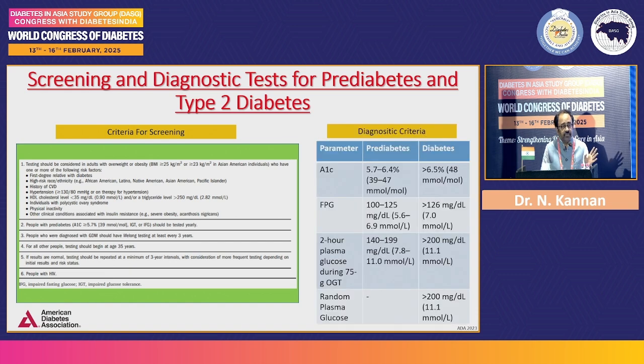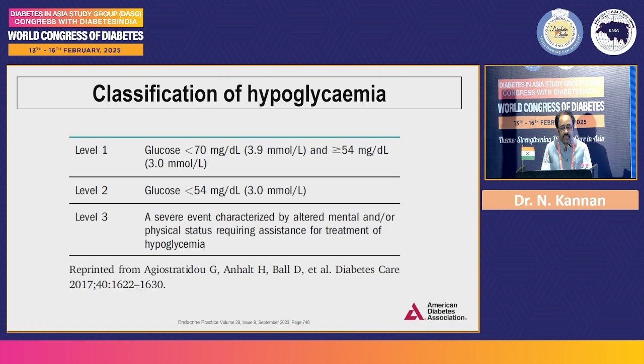So these are the diagnostic criteria. Any patient having HbA1c of 5.7 to 6.4 has pre-diabetes, and 6.5 or more is diabetes. Fasting sugar between 100 to 125 is pre-diabetes, we all know that. Postprandial of 140 to 199 is pre-diabetes and more than 200 is diabetes. That's very simple. We want to emphasize this to primary care consultants in the rural and village setup also, so that we educate them properly in all aspects to prevent complications.